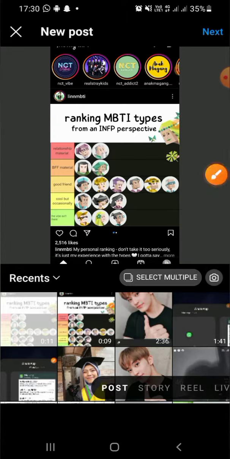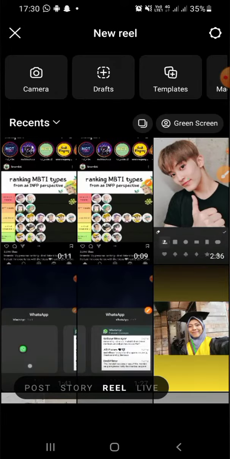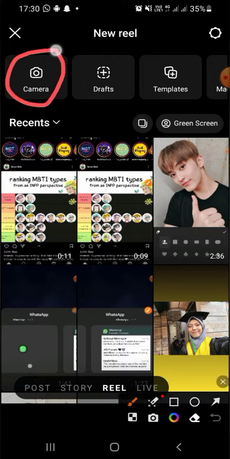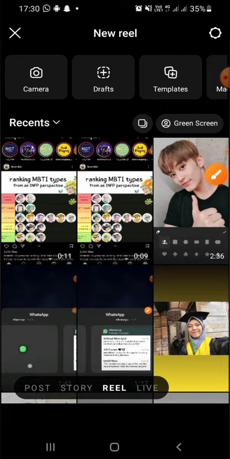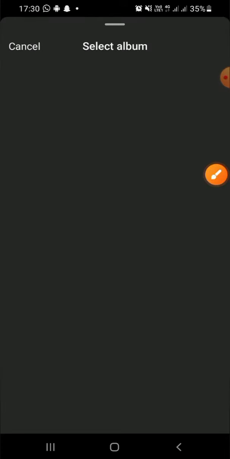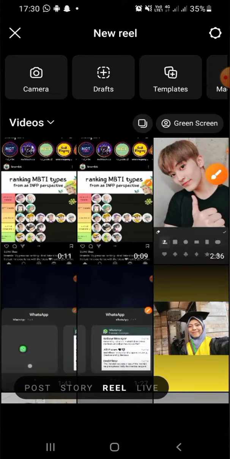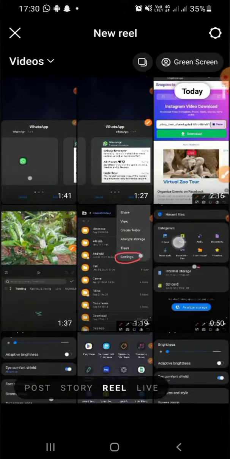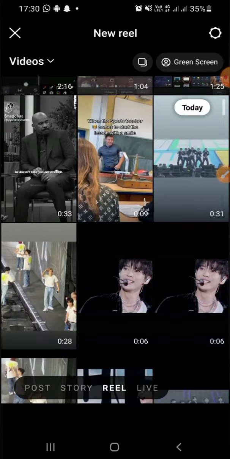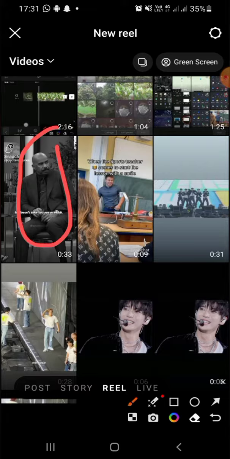And then choose the video that you want to upload as a reel, but you can also take the video from Instagram. If you want to take new video, you have to click on camera, but if you want to upload the video that has been available on your phone, you have to click on recents right here, and then click on video option and choose the video that you would like to upload, and wait for a moment guys. And this is the video that I want to upload. Just click on the video,